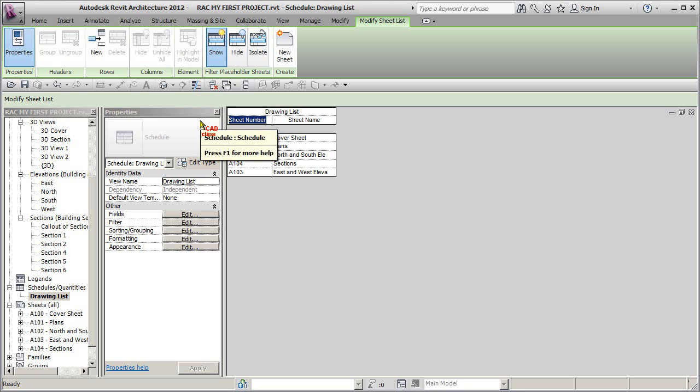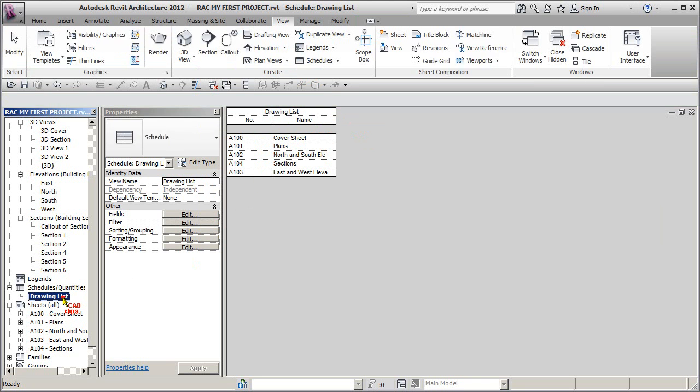I can click in here and I can just go, NO dot. I don't need it to say sheet number. And I'm going to put in here name. I don't need to say sheet name. Number, name. Okay. Now, while I'm in this drawing list view, schedule view, inside of here I can click on